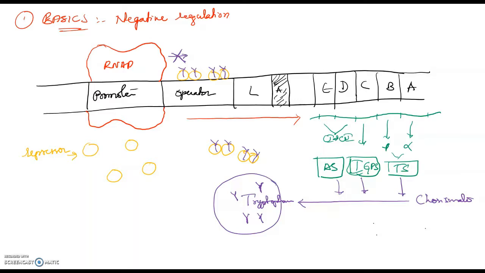Okay, so this is basic, simple. RNA polymerase synthesizes an mRNA which is polycistronic. It undergoes translation to form enzymes. These enzymes will convert chorismate to tryptophan. Now tryptophan is in the medium. This tryptophan will bind with a repressor molecule present inside the cell. These repressor and co-repressor together will sit on the operator and block the further transcription. Okay, so that is the basic mechanism of negative regulation. Now comes a complication.